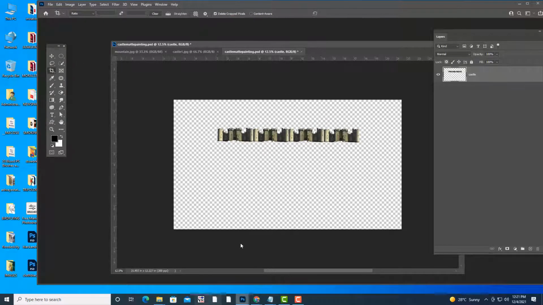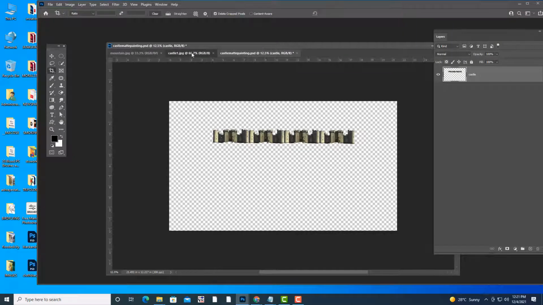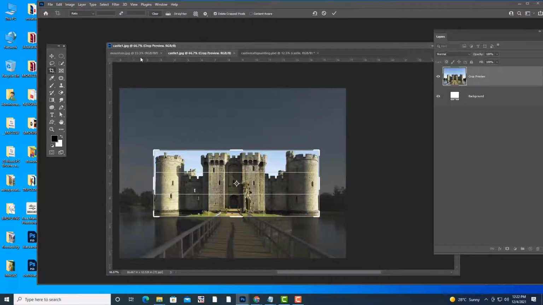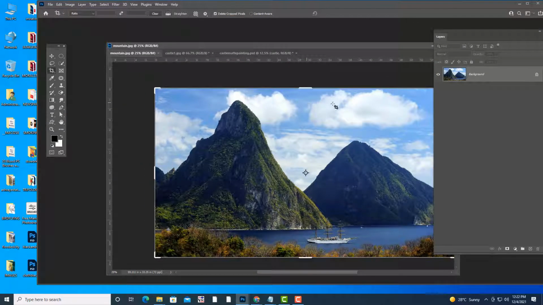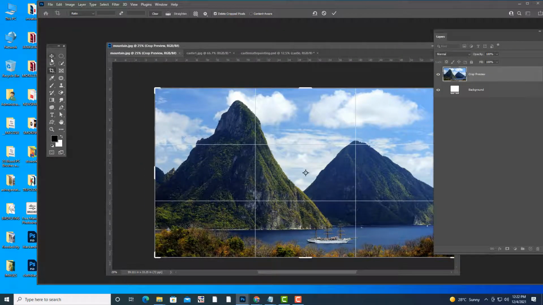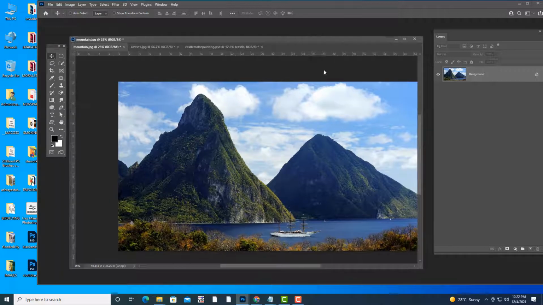So then what I will do is I am going to get these mountains. Okay, these mountains. See, actually I am using 2022 version Photoshop, latest version.